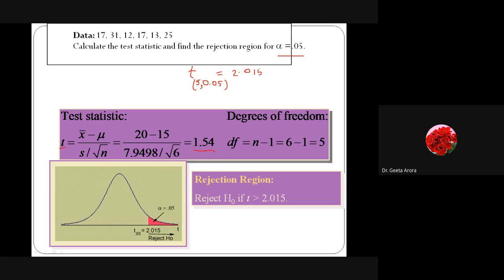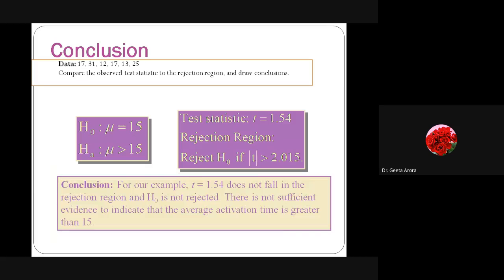Correct. So how are we going to make the decision? If the value is more than 2.015, then we are going to reject it. Here, is the value more than that? No, it's smaller. So we can say the value is less than 2.015, or another way to write the conclusion is that t equals 1.54 does not fall in the rejection region, hence H0 is not rejected. Or I can say directly that since mod of t is less than the standard value 2.015, we are going to accept the hypothesis.